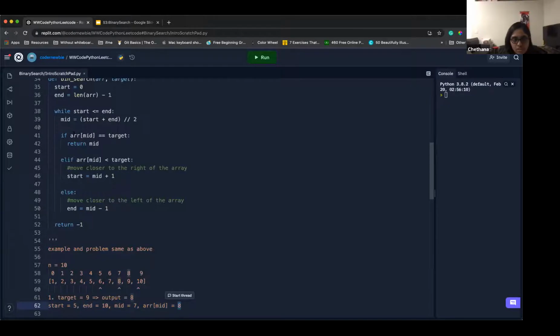Now we're going to check our condition, right? If your array of mid is equal to target, is 8 equal to 9? No. Is 8 lesser than 9? Yes. So now you'd again move your start pointer to mid plus 1. So it would be over, where was that before? Oops. Yeah. So it would be over here. So it'll be like 9 and 10 would be like your,